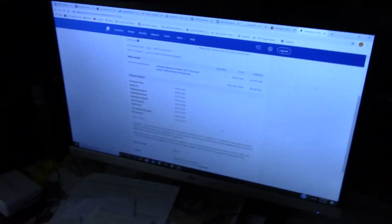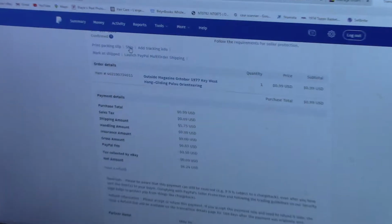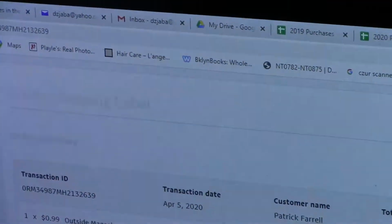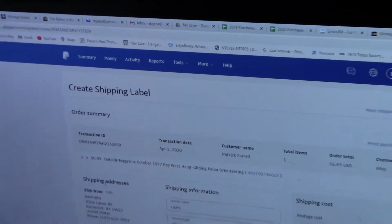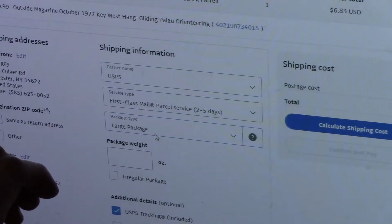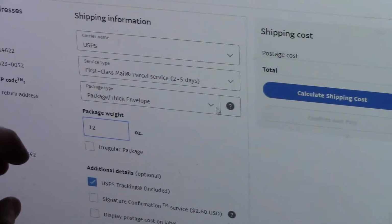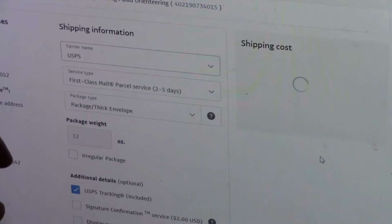So we'll go on over to the computer and purchase some postage. So it's easy to do. You can do it through the eBay account. I'm going to do it through PayPal mainly because I'm not logged into the other site there. So all you do is you go here on shipping, and it comes up, first class, package, 12 ounces, calculate shipping,